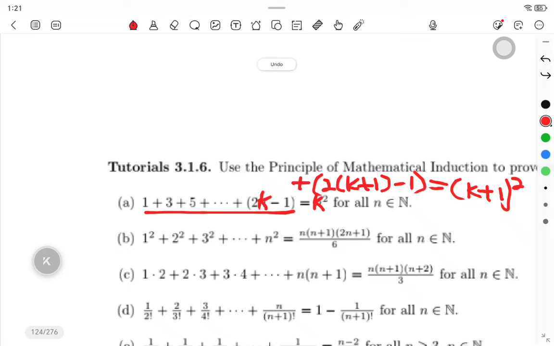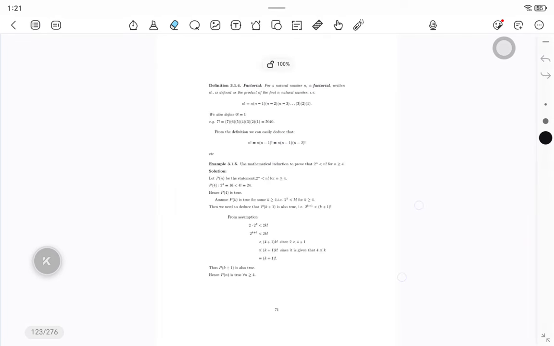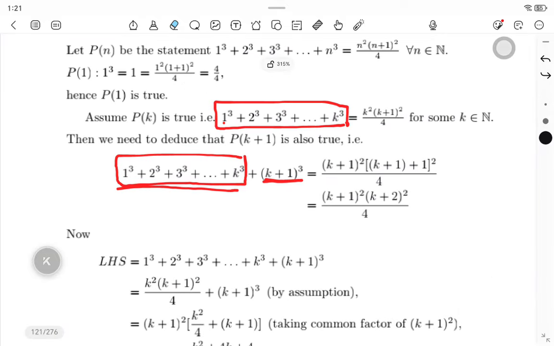You see right? On the left-hand side, whenever you're deducing and it's a sequence, you see by those dots, you're always going to make sure that you keep the assumption as it is, you add, then you take this, replace k by k plus 1. You see right? So this is always going to be the same. Now, let's go back to that question, right? Since we replaced k by k plus 1 after copying the assumption,